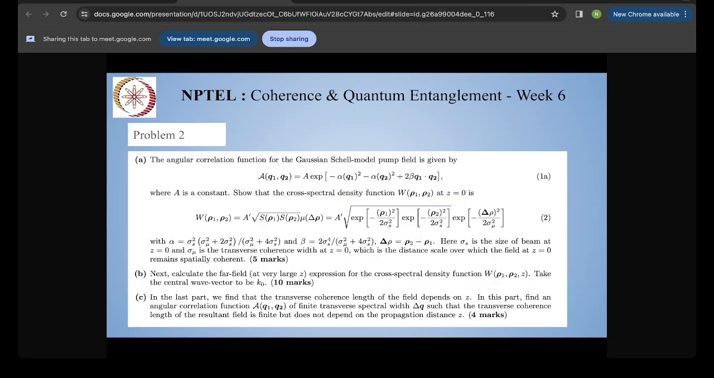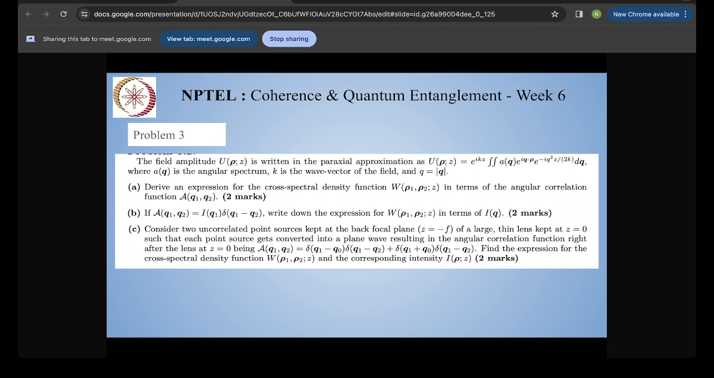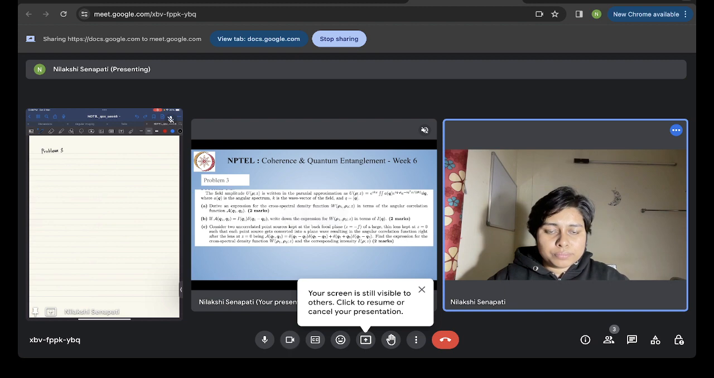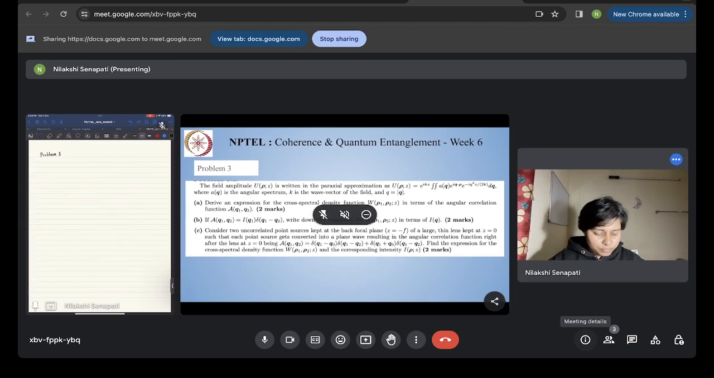Okay, let us start with our next problem, which is problem 3. It says the field amplitude u(ρ, z) is written in the paraxial approximation as u(ρ, z) equal to e to the power ikz integration A(q) and so on, where A(q) is the angular spectrum, k is the wave vector of the field, and q is equal to the modulus of q. Then it is asking to derive an expression for the cross spectral density function W(ρ1, ρ2, z)